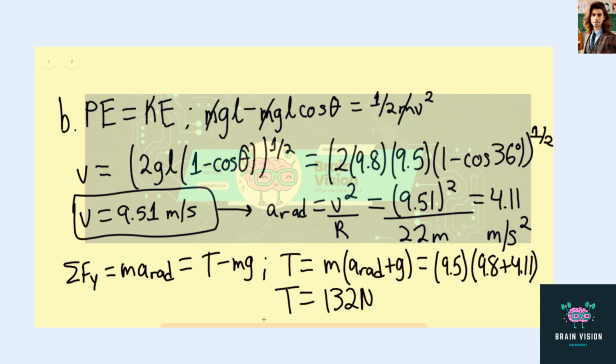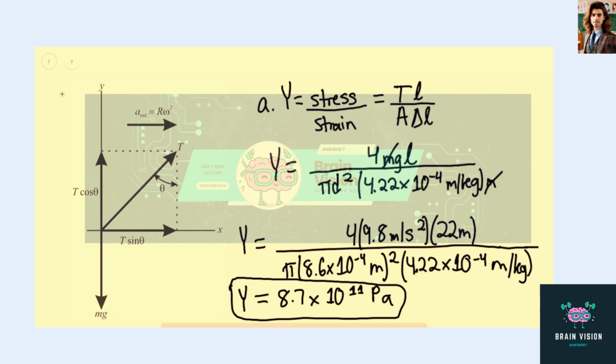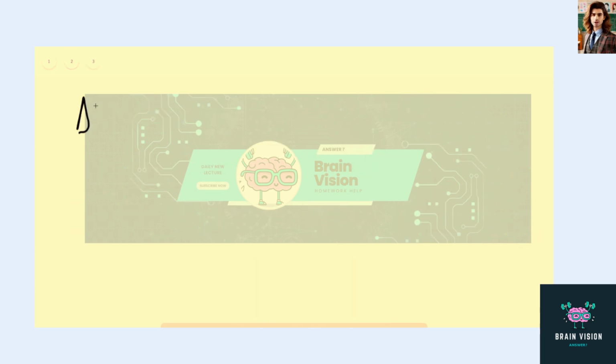Now, this would be the tension force, and this is extremely important in order to find the change in length. So we can say that these are just key values, they're not the answer. From part A, we know that the Young's modulus equals the tension times the original length divided by the area times the change in length. So we can say that the change in length simply equals the tension force times the original length divided by the area times the Young's modulus. So at this point, we can solve and say that this is going to be equal to